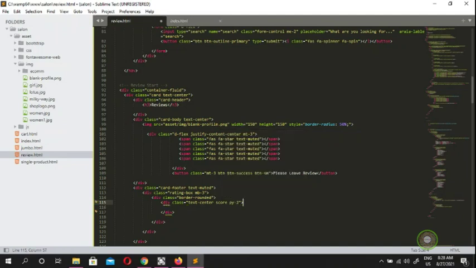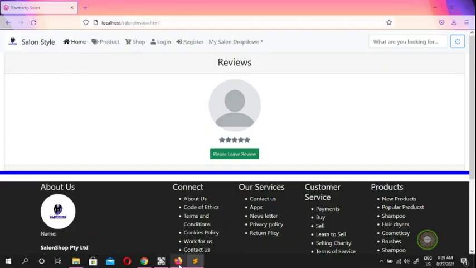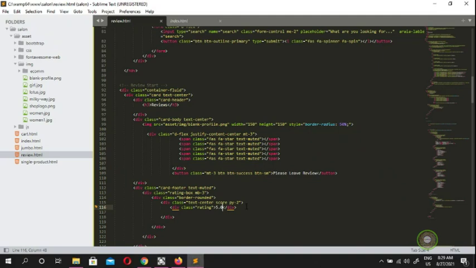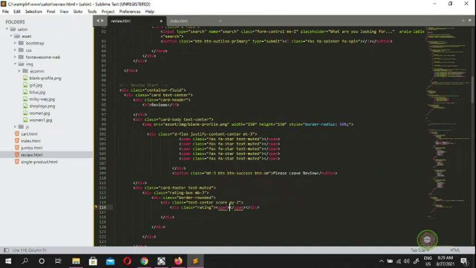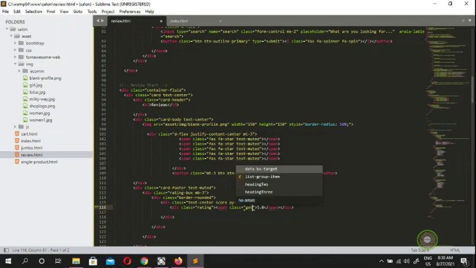All right, and after that we put a div class rating, we put a 5.0, we check, and you guys look at here, there is a rating of 5.0. We go ahead and put it in a span, say we put a 5.0, and this one's going to be a class, we put a get rating,